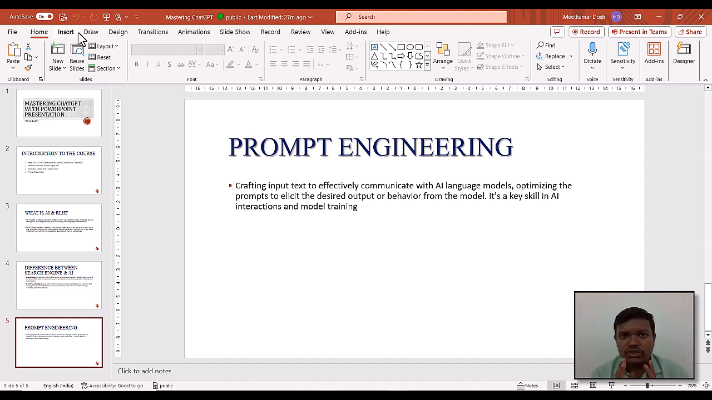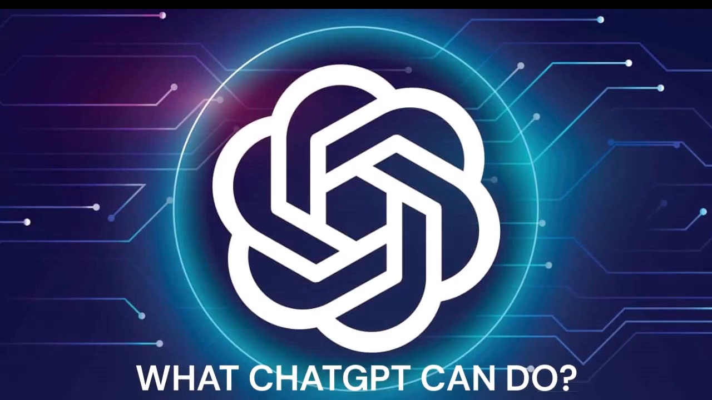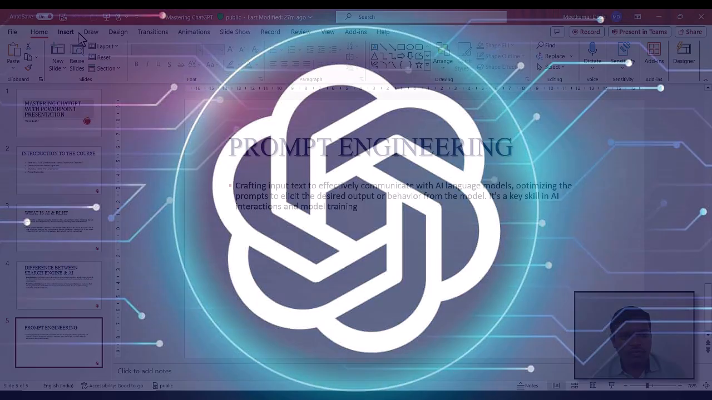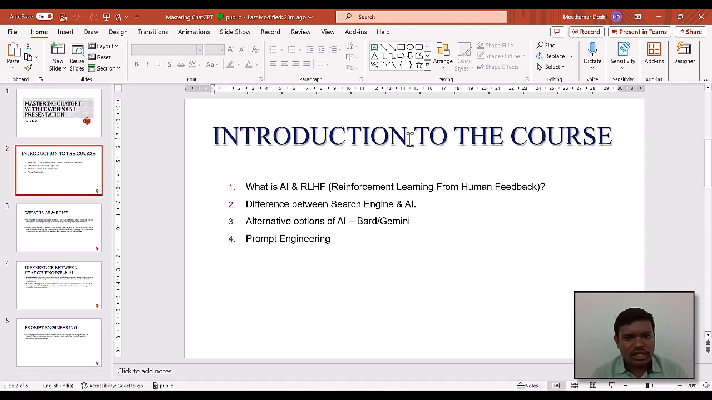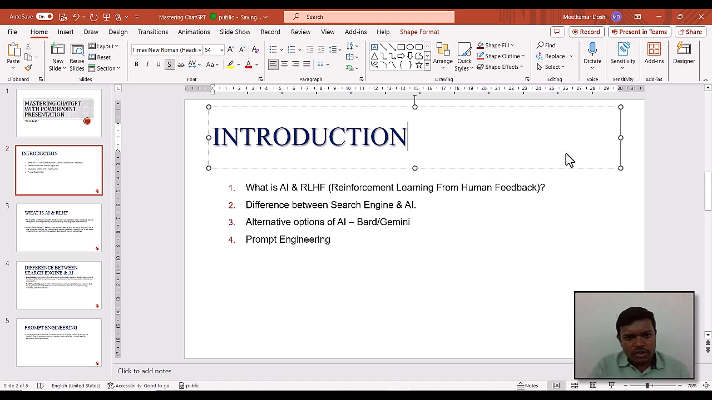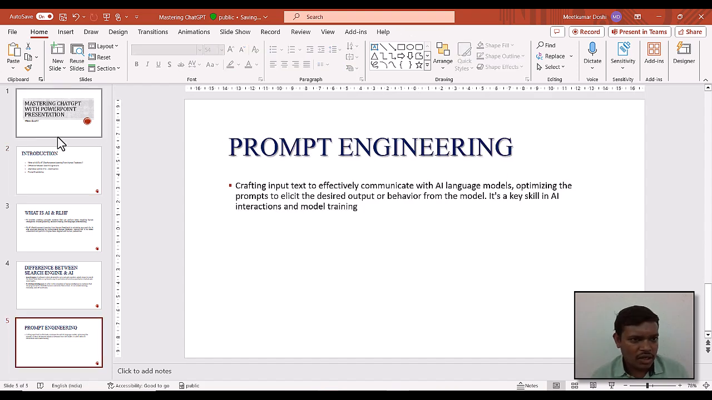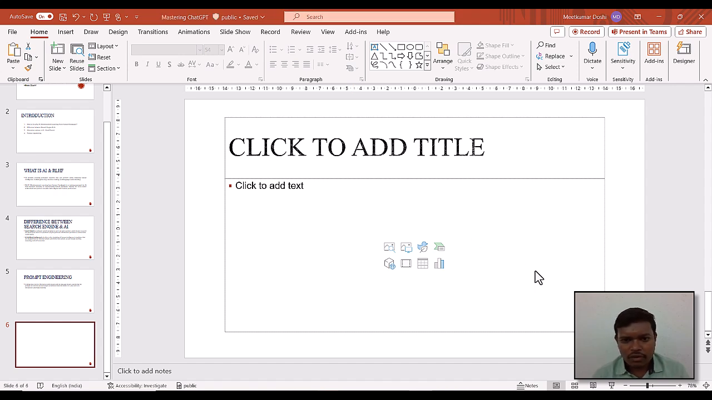So for this tutorial, what I am going to discuss with you is what we are going to learn throughout the course, and how we are going to utilize ChatGPT. So for that purpose, I am creating the slide, but here I have to replace the heading with introduction to the course. No, it is not introduction to the course, it is just only introduction. Okay, and here I am creating a new slide with the same template,